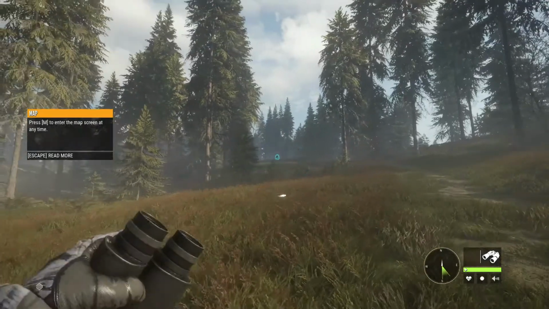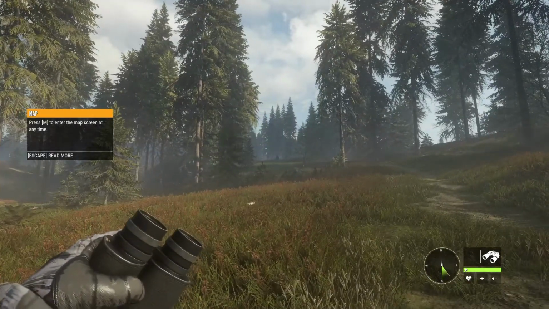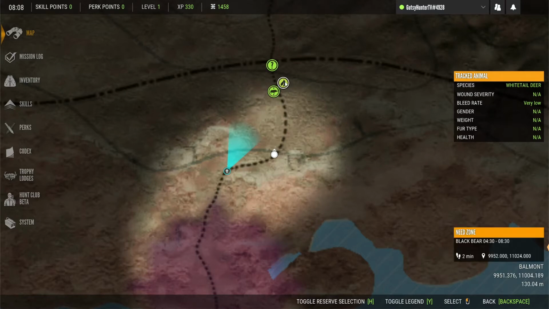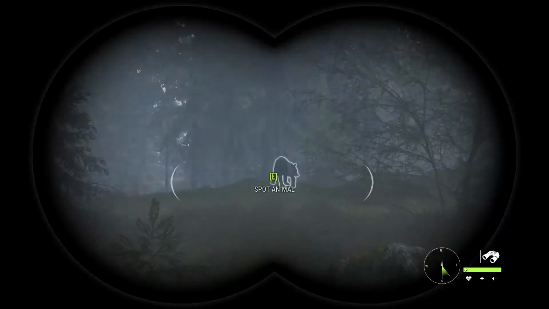What that means is, we go back to the map here real quick. When you find an animal's need zone, whether it be a food zone, a water zone, or a sleeping area, you'll get these icons on your map, the leaf icon. If I hover over it, you can see that in this area, black bears will come in between 4:30 a.m. and 8:30 in the morning. So if you're ever needing to do a bear hunt and you have a...